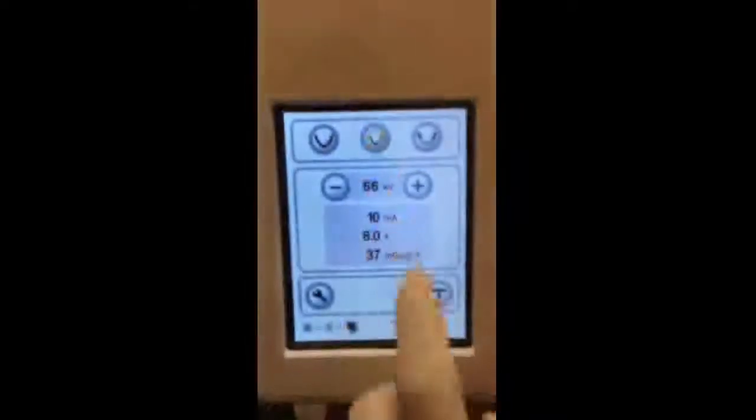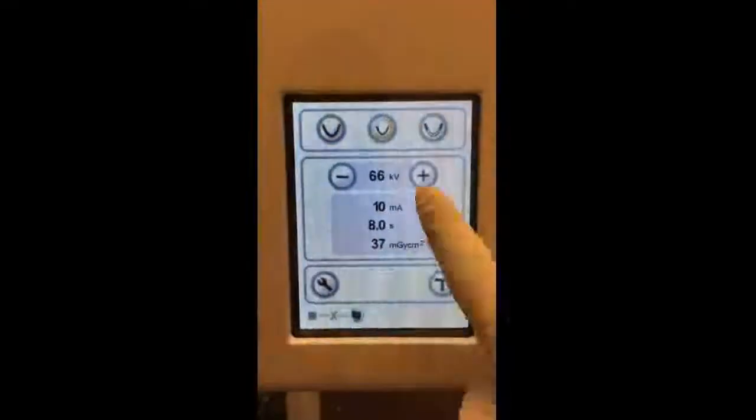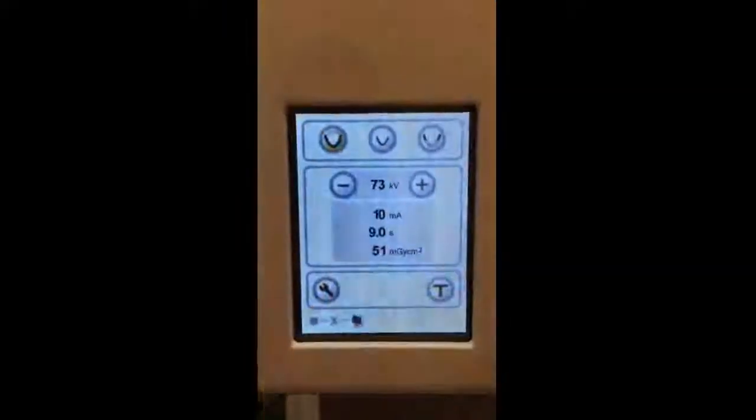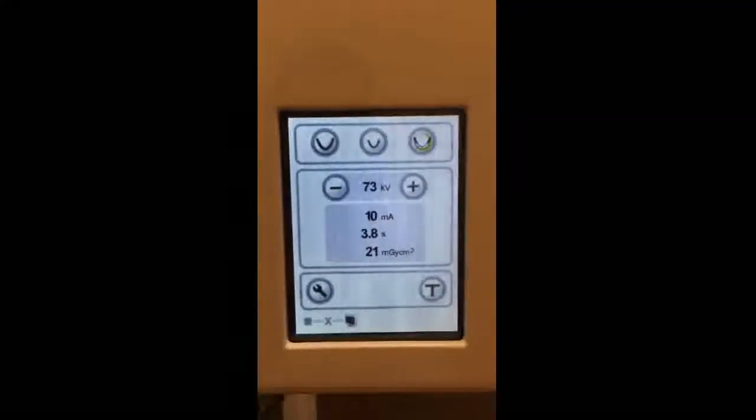You have a touch screen here to select whether you're going to do an adult pan or pedo pan. You'll notice the kV changes just by selection of the program. If you wanted to overrule that, you can up it with the plus or minus. You also have a joint image here, and there is an optional extraoral bite wing program that you can get